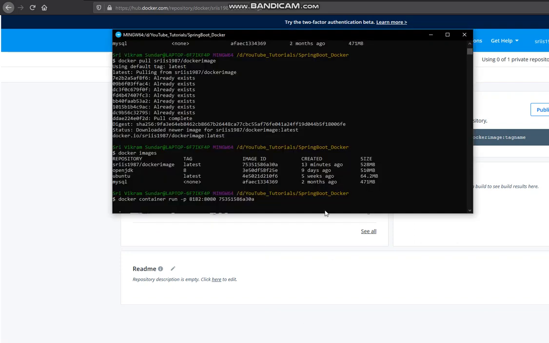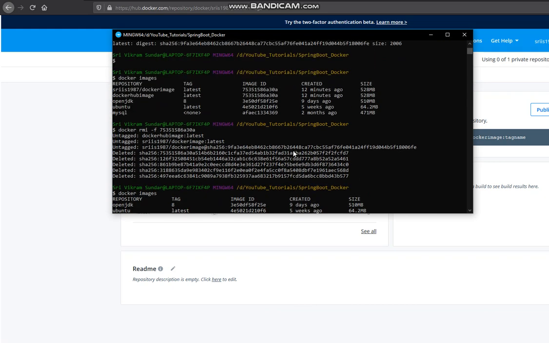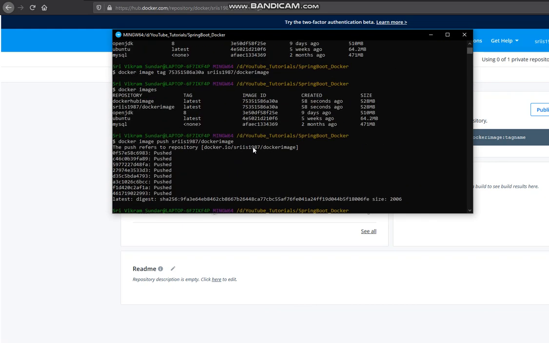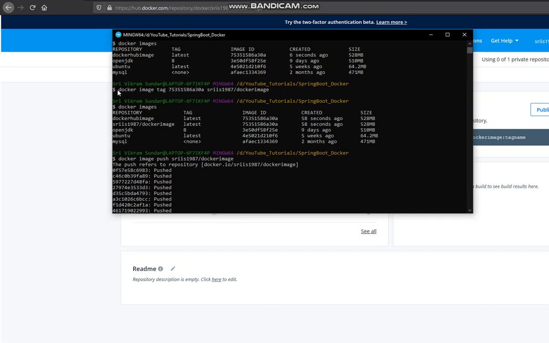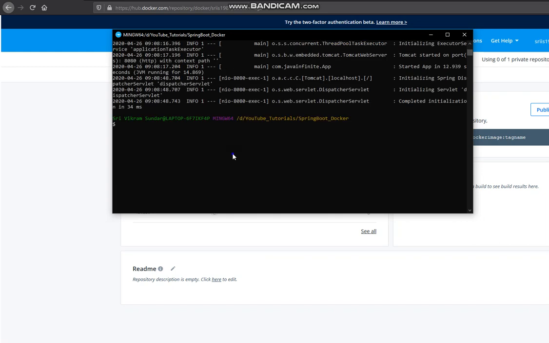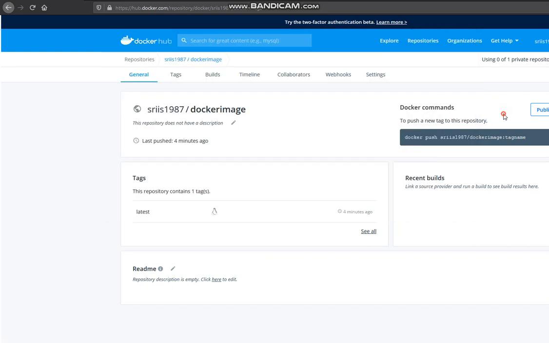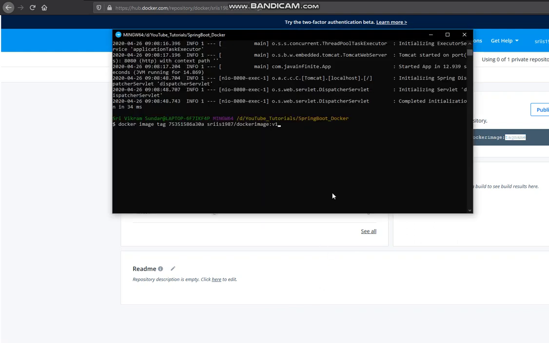So how can you put a tag in the image? When you tag an image here, I'll show you. So we are tagging here. Just use the same command, and here just include a tag. When you see the hub repository, you can see the command docker push and the tag name. So here you can update the tags whichever version you need. For example, you can put it as v1. So the image has been tagged with the version v1, so I'll push this image.